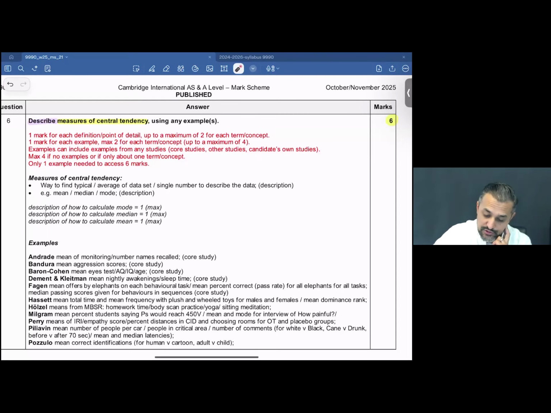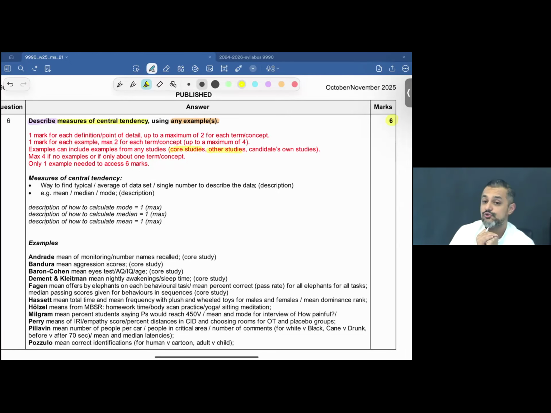For this question specifically, this example part is important. This is super important. And as you see this S over here, you could use one example and elaborate it really well, or you could use multiple examples. Now, know that with this example part, you're not doing a favor to the examiner. It's a part of the question. You're getting marks for that example, and this example could be from any course study. It could be from any other study.